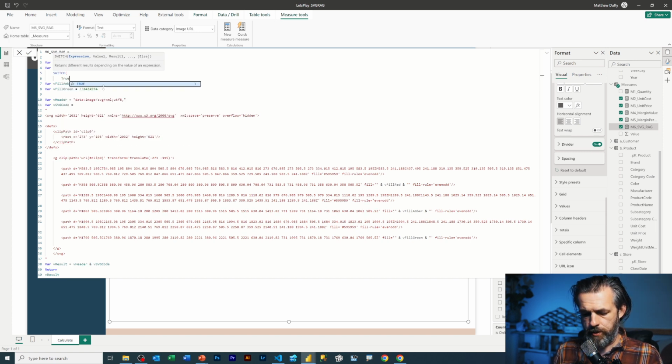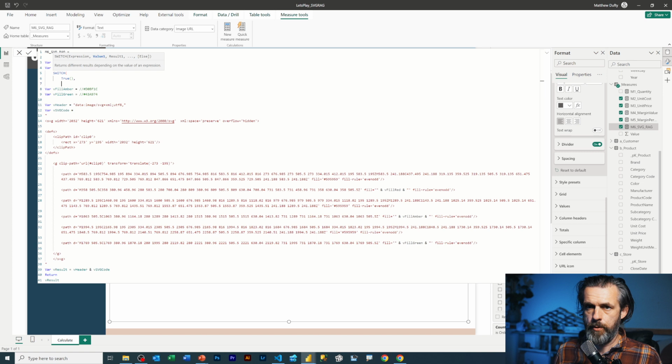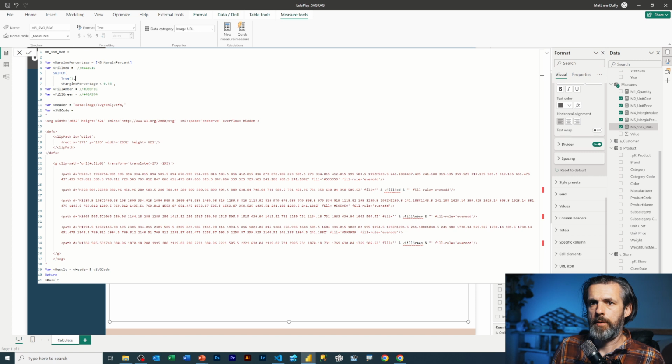So a switch, so if it's true, and the true being that margin percentage is, let's say, I don't know, we can change this afterwards, but if this is less than 0.55, so 55%, then return